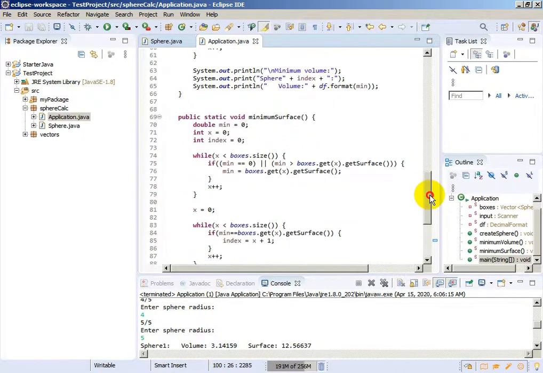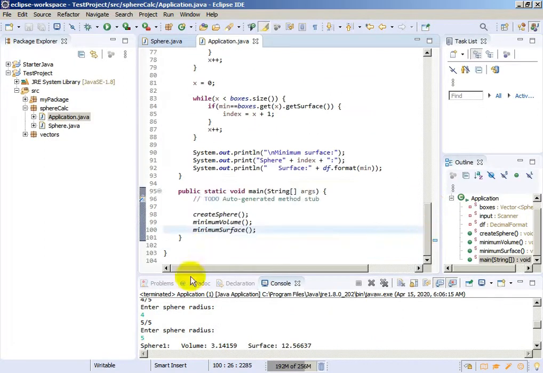And we use a similar method to find the sphere with minimum surface. We just change a little of text, and instead of get volume, we use get surface, and we found the sphere with minimum surface, and this application works